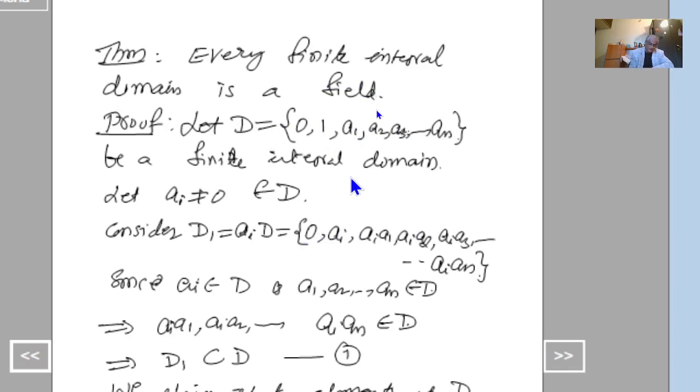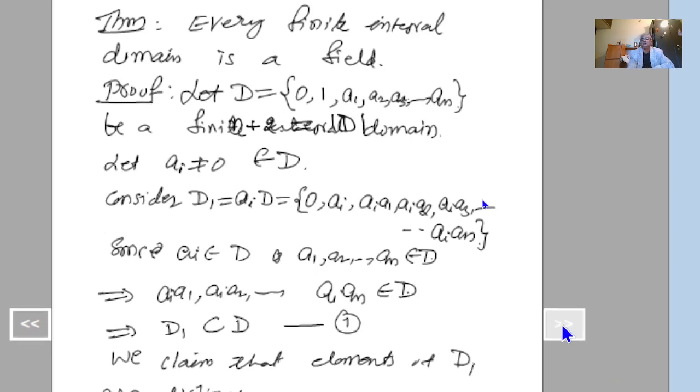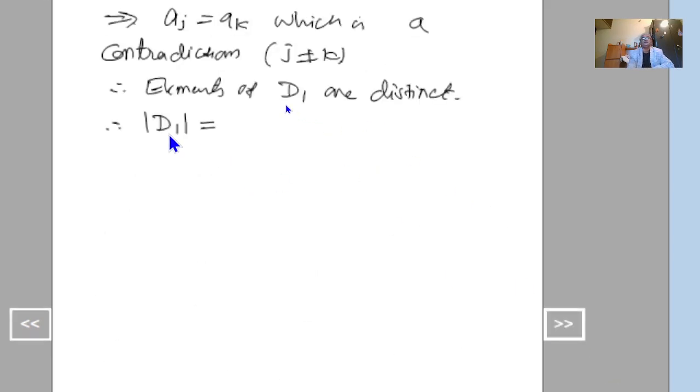So number of elements in D1 is n plus 2 and number of elements in D is also equal to n plus 2,